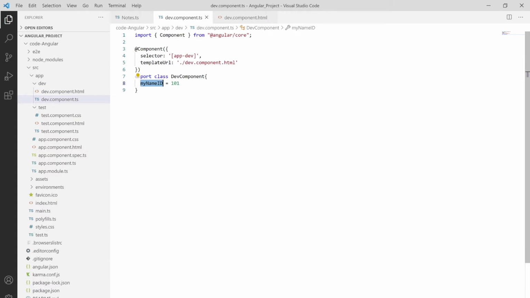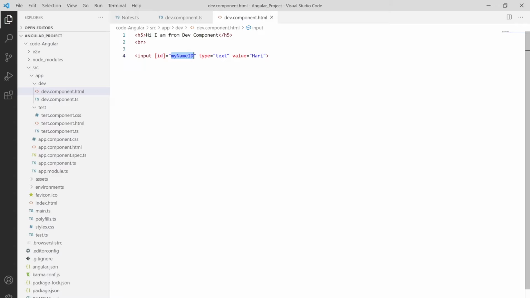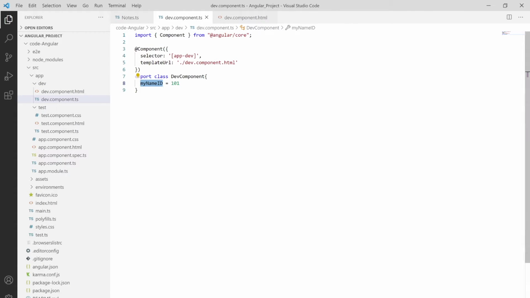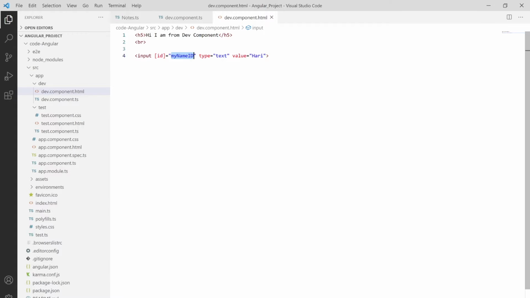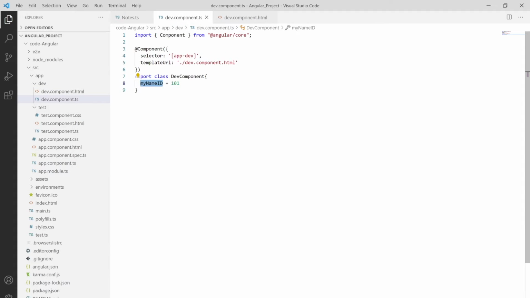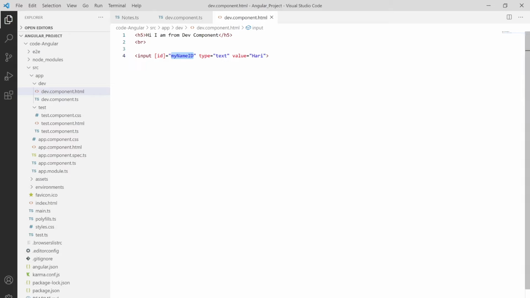Here we are passing the number 101, not a string. But in case of string interpolation, it first converts the numeric value into a string and then passes it. Let me show you with a very good example. Say here I'm using disabled.